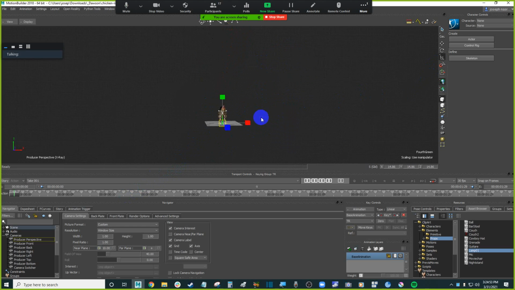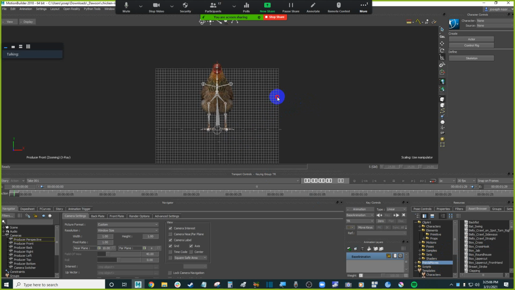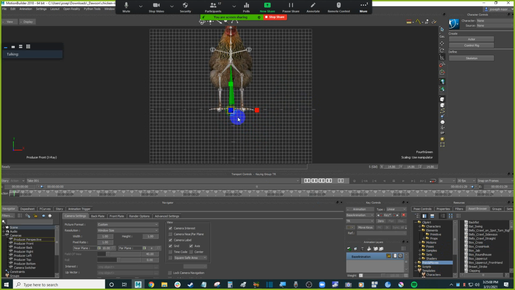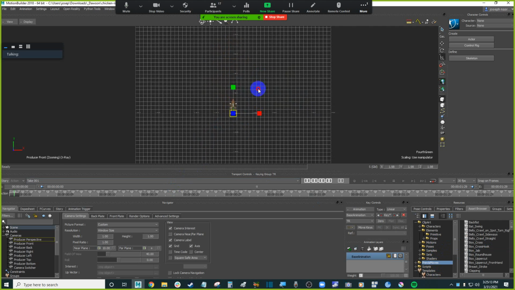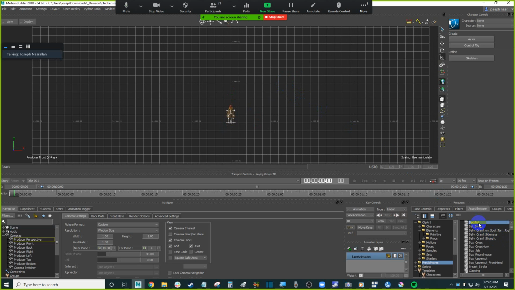I'll bring in a character just to get some reference of the scale. I mean, we can always go in the front view and just scale it down to maybe 20 centimeters. You know, this is 100 to 100, so probably 30 centimeters. It's okay. Let's bring in a character just to be on the safe side. Merge, no animation,